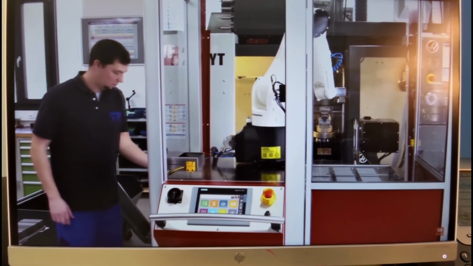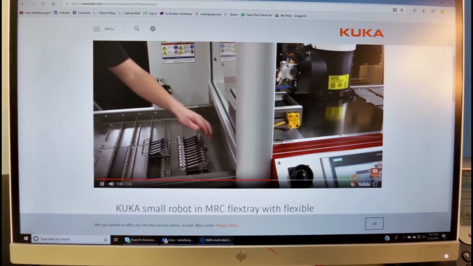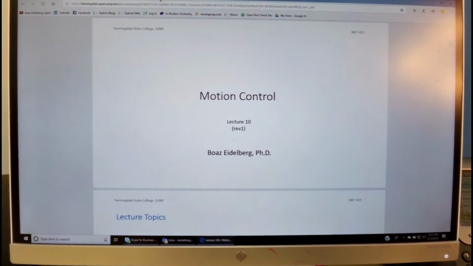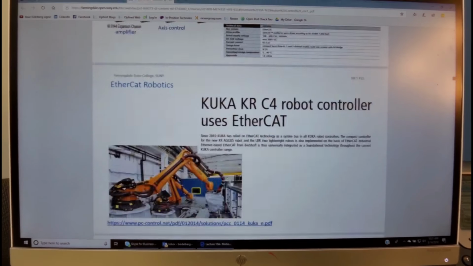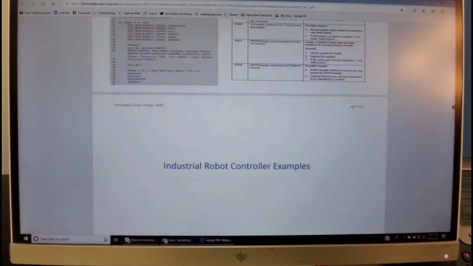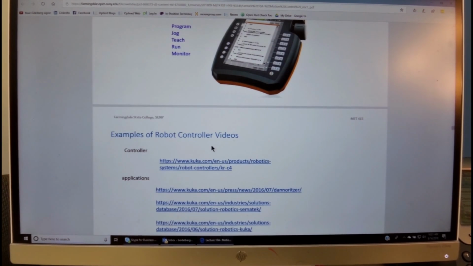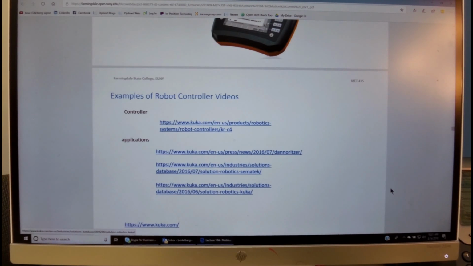We will not continue that, but I suggest that you take a look at that and see how that finishes off, together with all the other programs over here, so you can see how the robot controllers are operating in various applications.